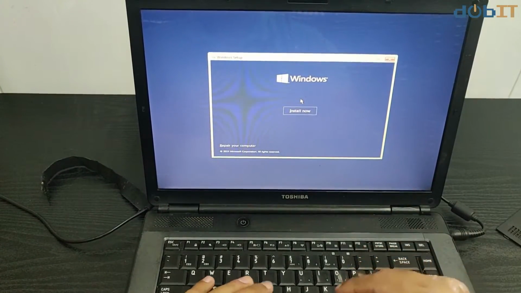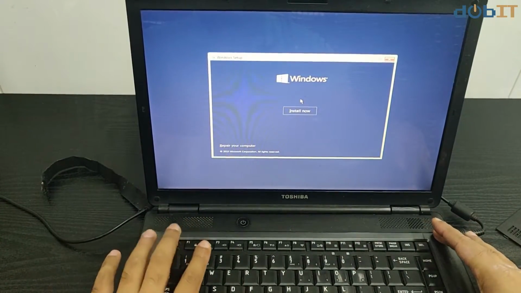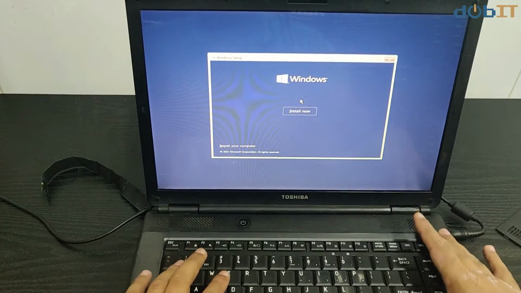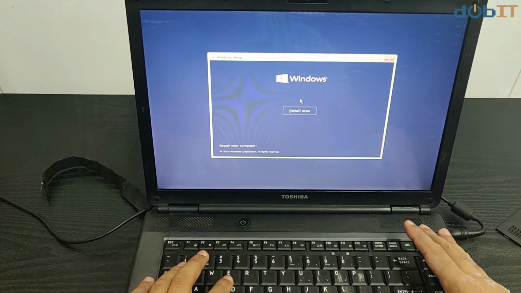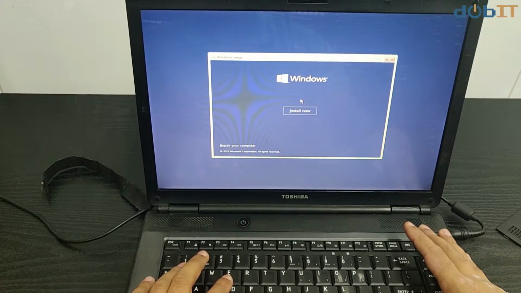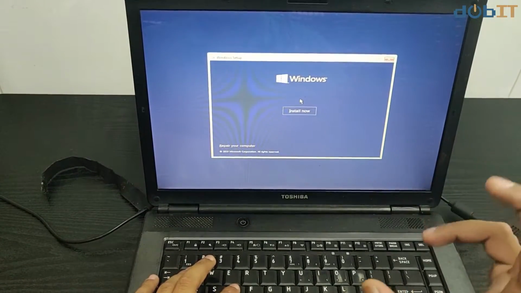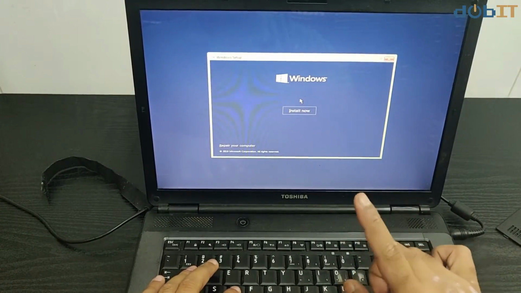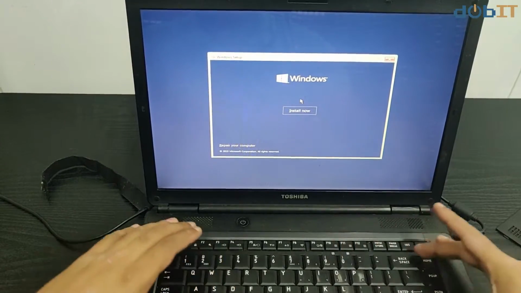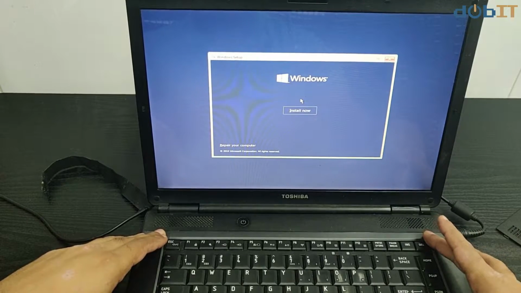So the first screen asks you to select your language and your keyboard layout. Now if you had followed my previous video on how to get the ISO image for Windows 10, you would know that before downloading the Windows ISO file, you need to select your language. That's why I selected US, and I only have the US language version right now. And also the keyboard layout, since I have a standard US keyboard, I'm using the US keyboard layout settings